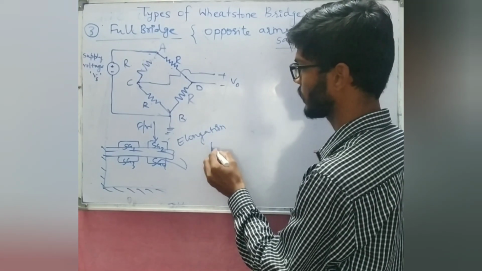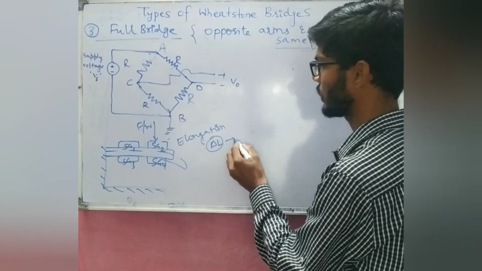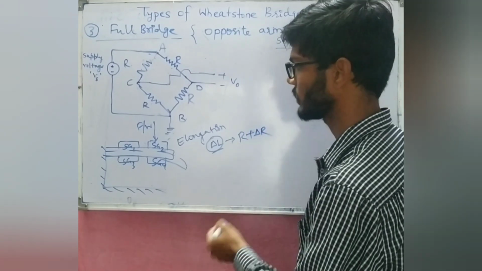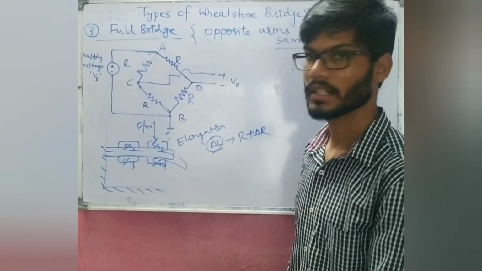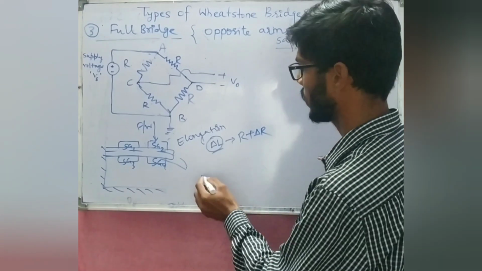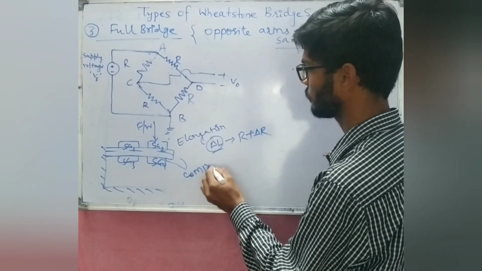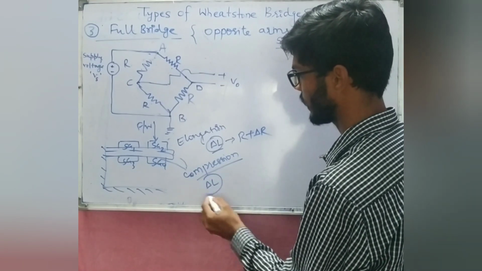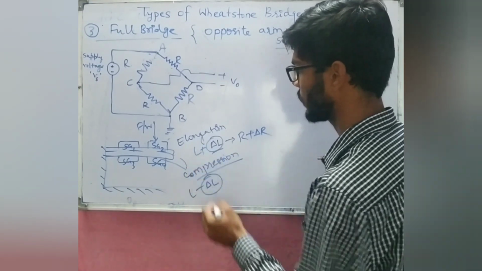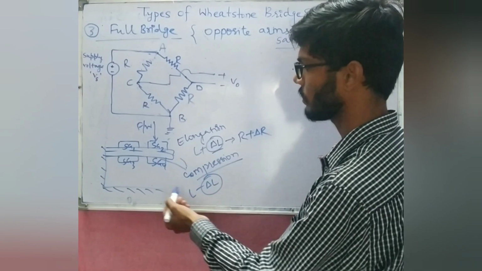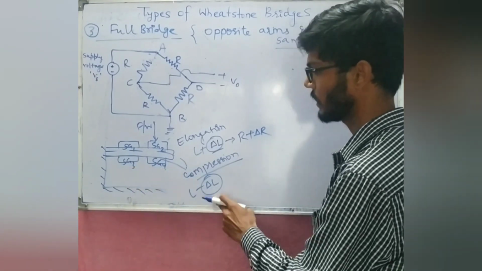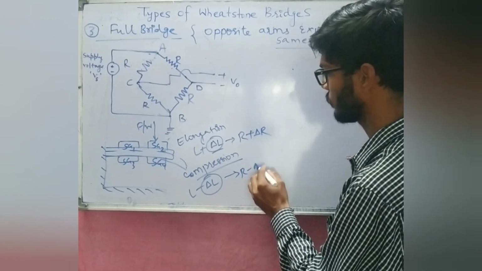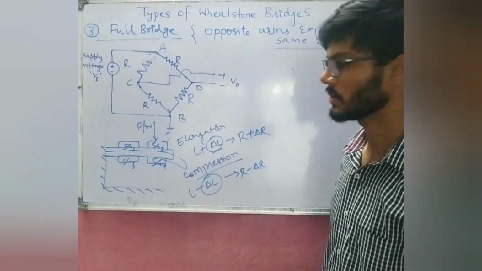and due to the increase in the length, the resistance is going to vary as R plus delta R. And in the case of strain gauge 3 and strain gauge 4, they are going to feel the compression, and then L plus delta L, minus delta L. So as they are feeling compression, the length of the strain gauges is going to decrease. So because of that, they are going to feel the effect as R minus delta R.